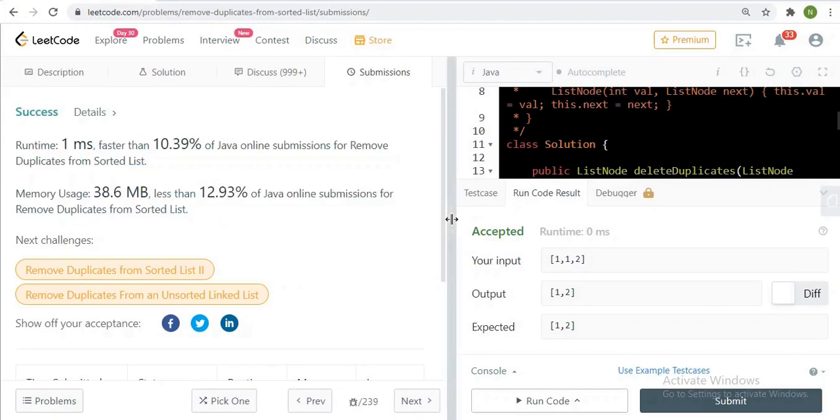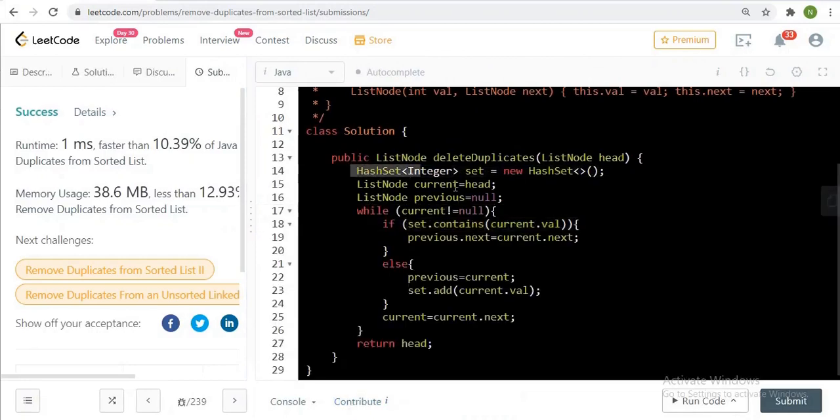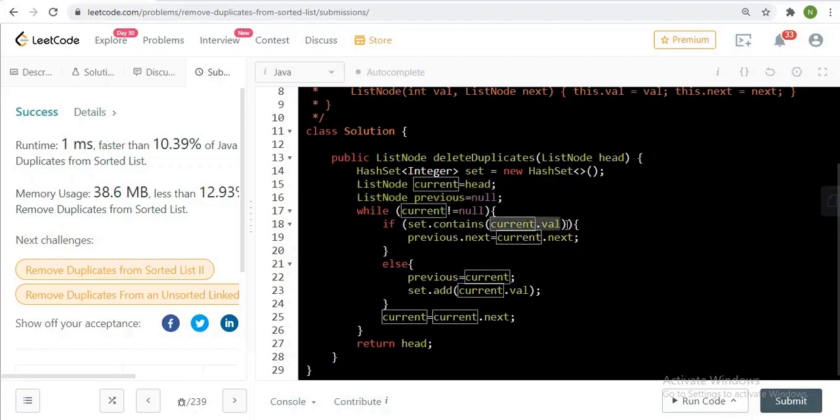I told you that it is the easier one but not the efficient one, because in this we only need a hash set for containing, because as we know the default property of the set is it can't contain the duplicates. That's why we are using the set over here and creating two nodes. First is current, which is pointing to the head initially, and second is previous, which is pointing to the null. On each iteration we are checking whether the set already contains the current dot value.